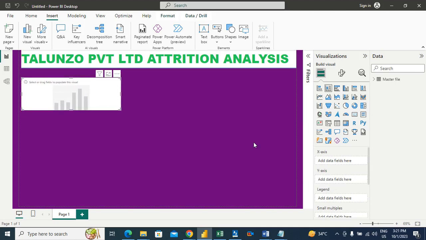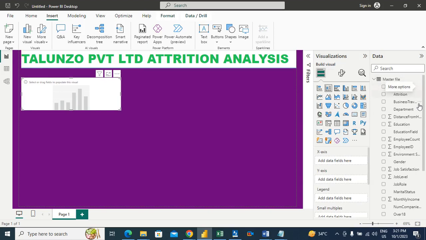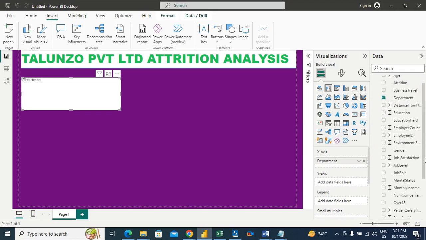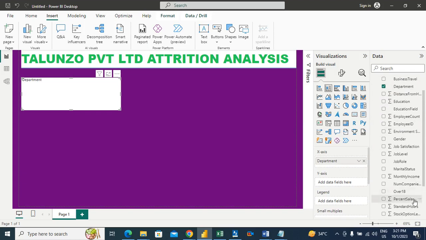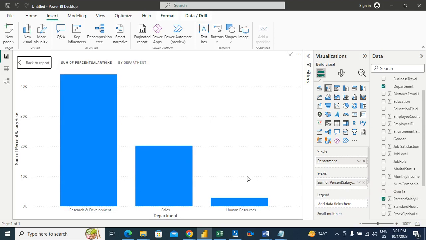Alright, so here in x-axis what I will do is drag the option of department, and then we will look at the percentage salary hike by department wise. Alright, let me enlarge this for you. So here we could see